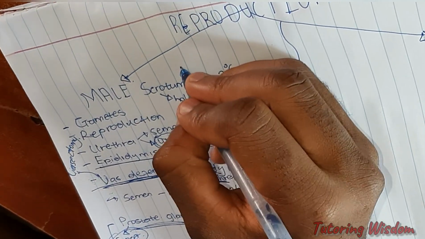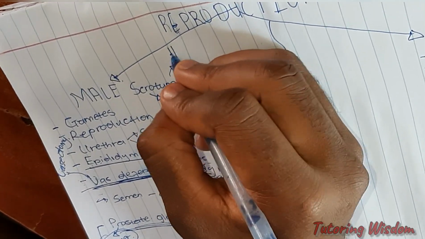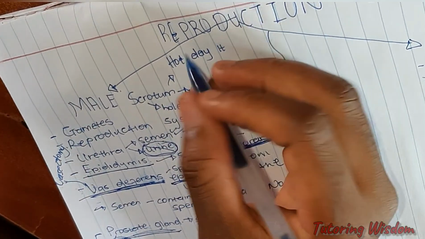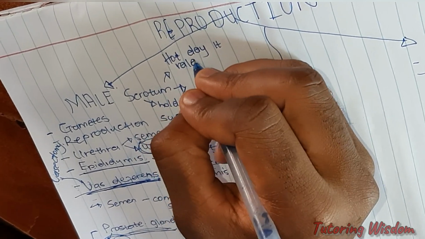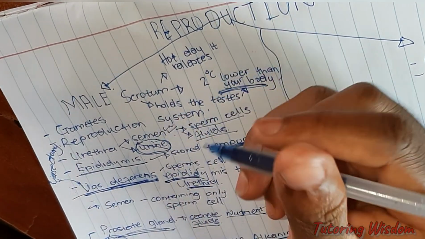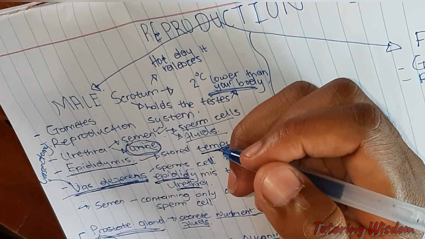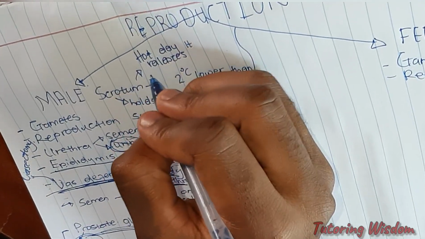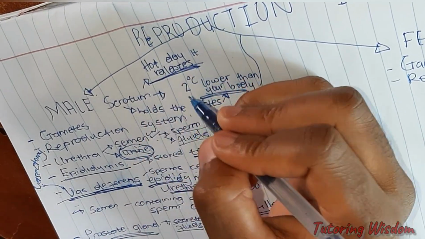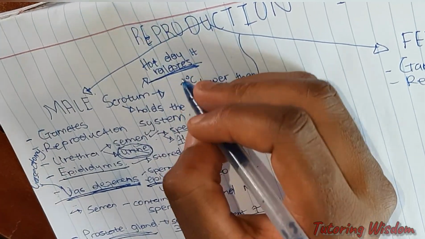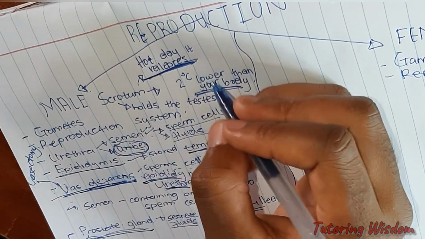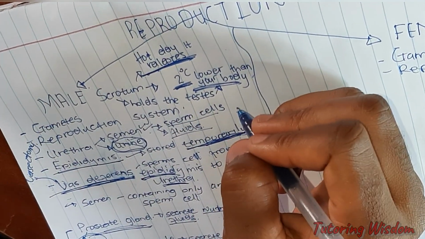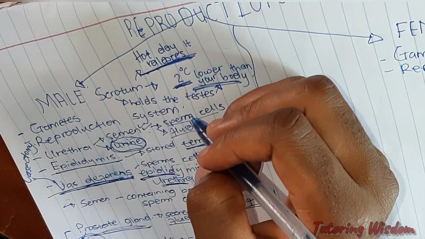So on a hot day, the scrotum relaxes, which means it moves away from the body, since the body will be warm. So the scrotum will relax so that the testes are further away from the body. The maintenance of the temperature 2 degrees lower than your body temperature is to allow for the production